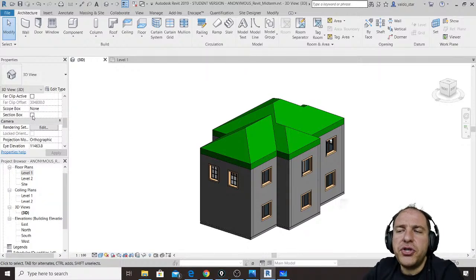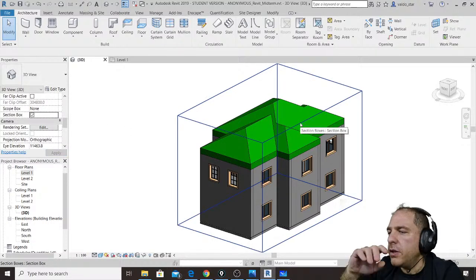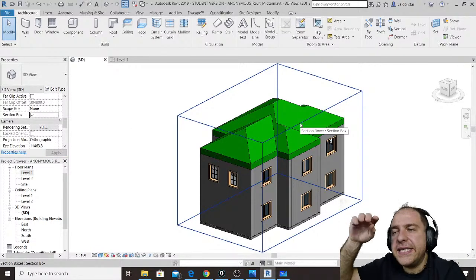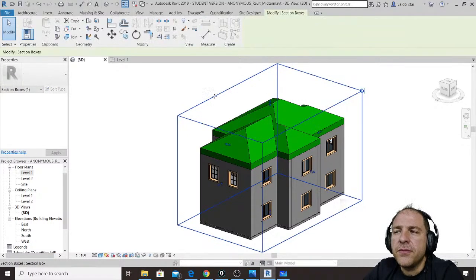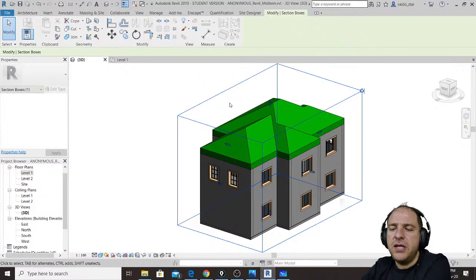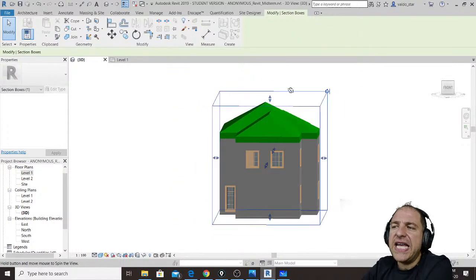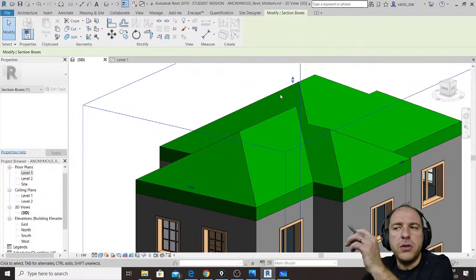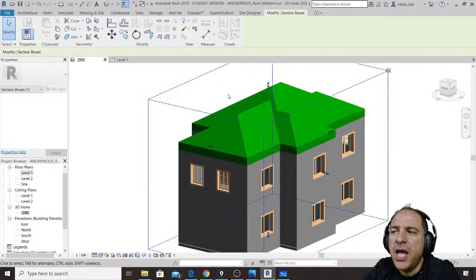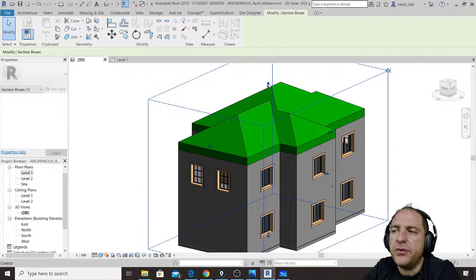If you check section box and you go in your 3D view, you will see this empty box appearing. You can select this section box, and face by face, it has these beautiful blue sliders. So what you can do is you can make this top face going down,